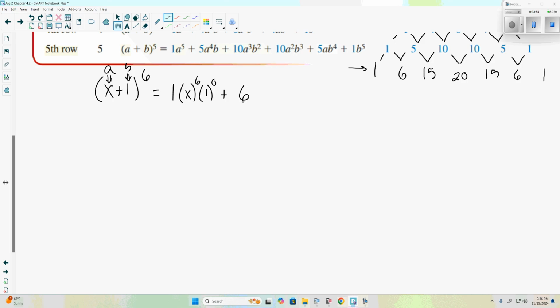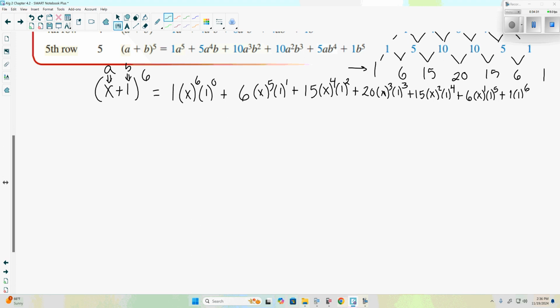Plus our next term is 6 times x to the 5th, our b to the 1st. Plus 15 times x to the 4th, b to the 2nd, plus 20, x cubed, b to the 3rd, plus 15, x squared, b to the 4th, 6 times x to the 1st, b to the 5th, plus,